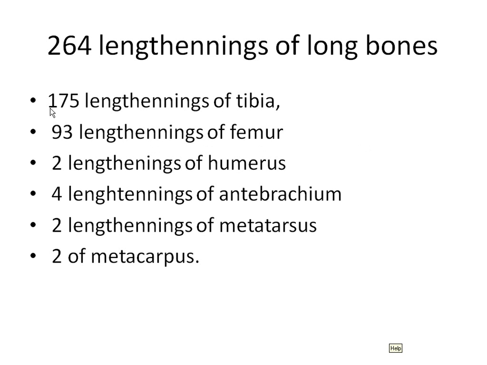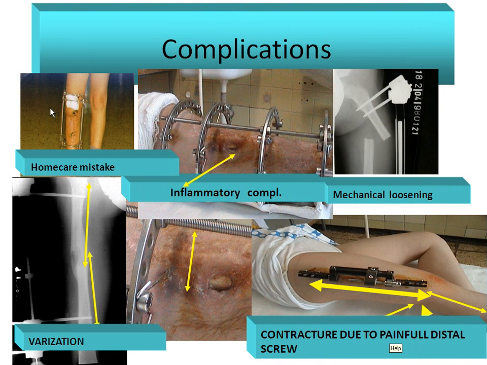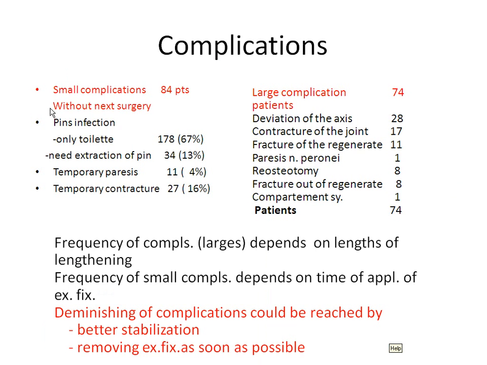bone. We performed 264 lengthenings of long bone, mainly lengthening of the tibia, but we also performed 93 lengthenings of the femur. Complications which led to our idea of lengthening over a locking nail are not so very rare. You can see that we divide our